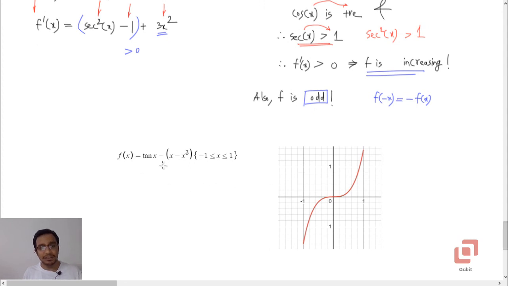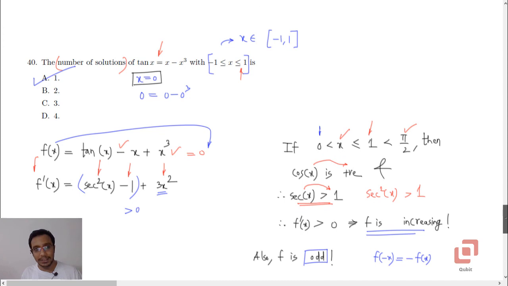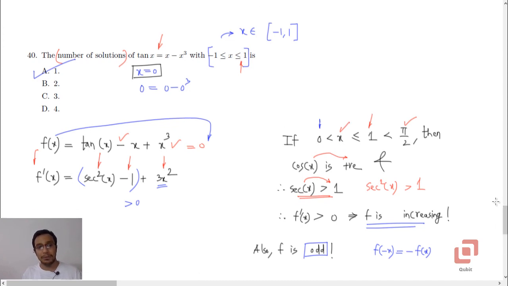Yes, so this is the function tan x minus x cubed, okay, and the domain being the closed interval -1 to 1, and this is the graph of the red function. And as you can see, this resembles the graphs of both x and x cubed. This resembles the graph of tan x, well, not really, but the shape is similar. Okay, not the size, but the shape, and also the graph of x cubed. Okay, and as you can see, it is intersecting the x-axis only once, and that is at the origin, which confirms that the answer is indeed 1, or option A.